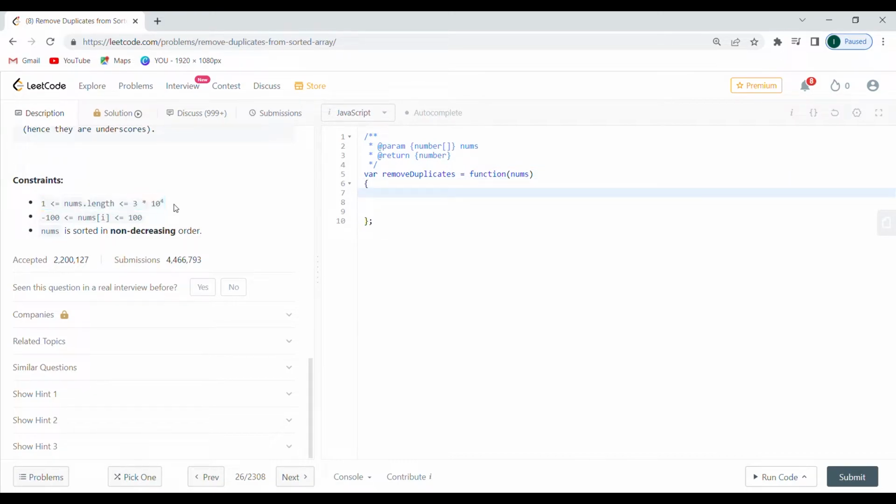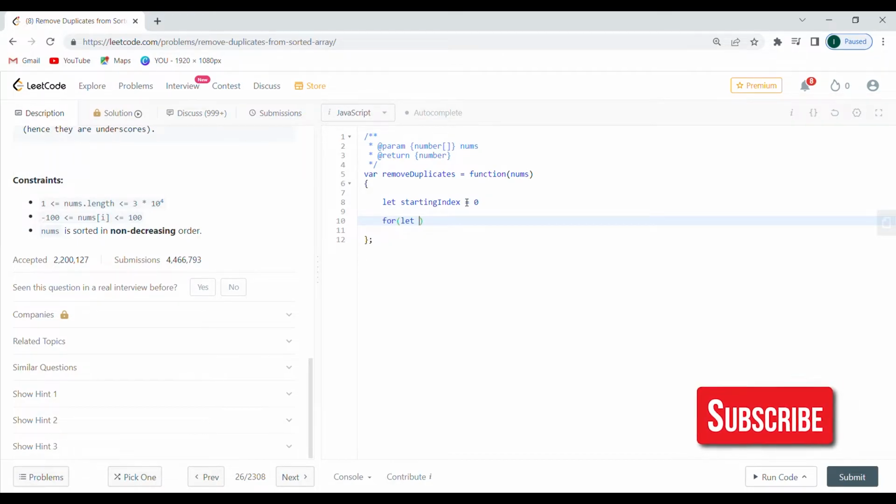So I'm just going to remove this check. I don't even need it here. I think I did it in the C#, but I forgot to see this. We're not going to have any problems. Well, let's go. I'm just going to say let starting index, that's going to be 0, and then I'm just